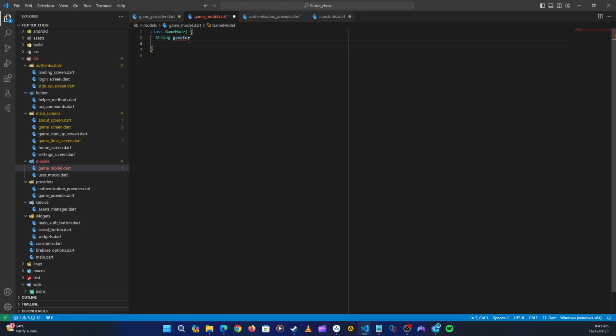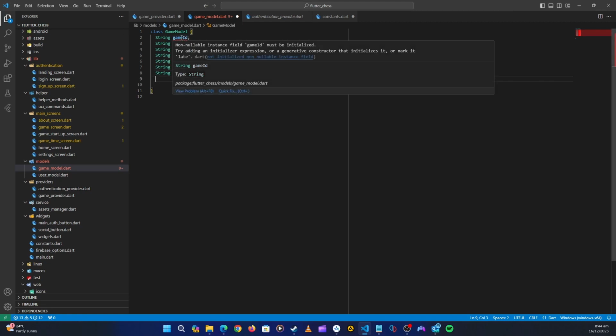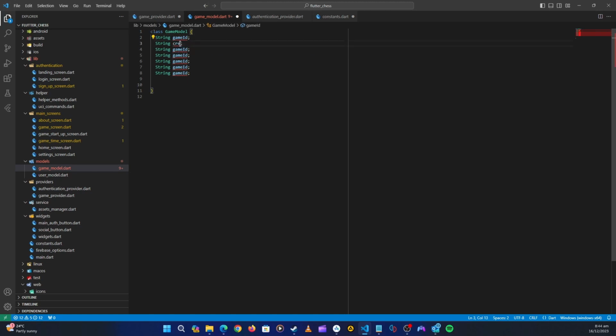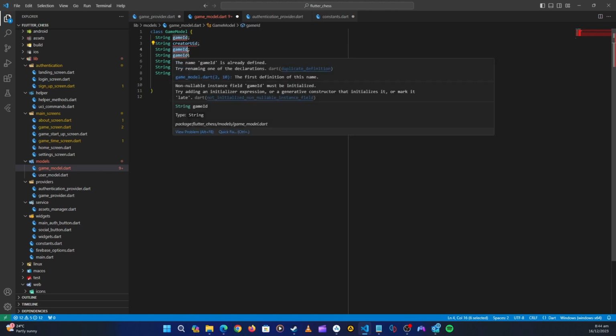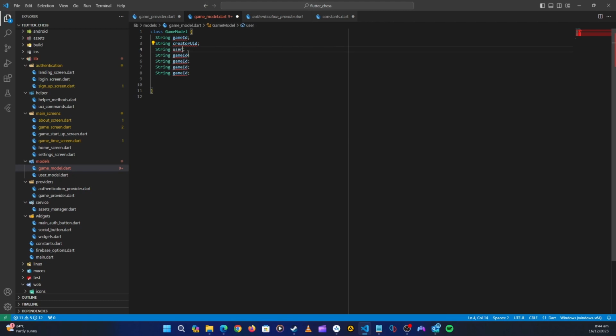We are going to need the position thing, and then who won, stuff like that. So let's go on ahead. So first, let's just copy this a few more times. We'll change the strings. So we have game ID, and then let's do create UID, and then the other one we'll call it the user ID, and then